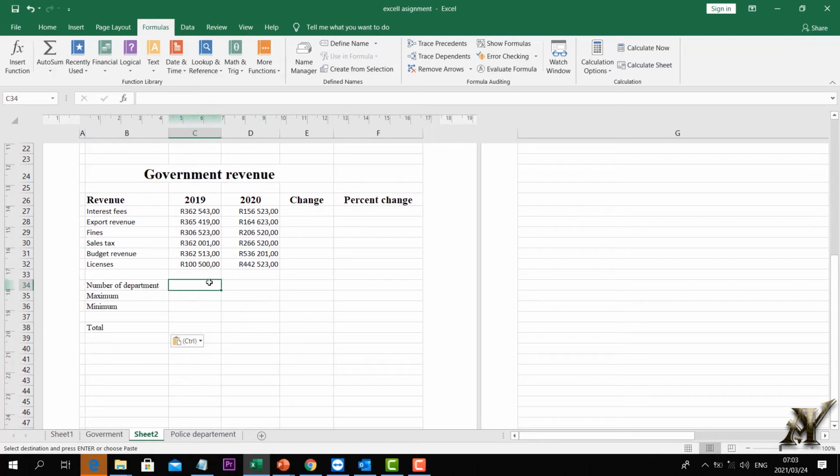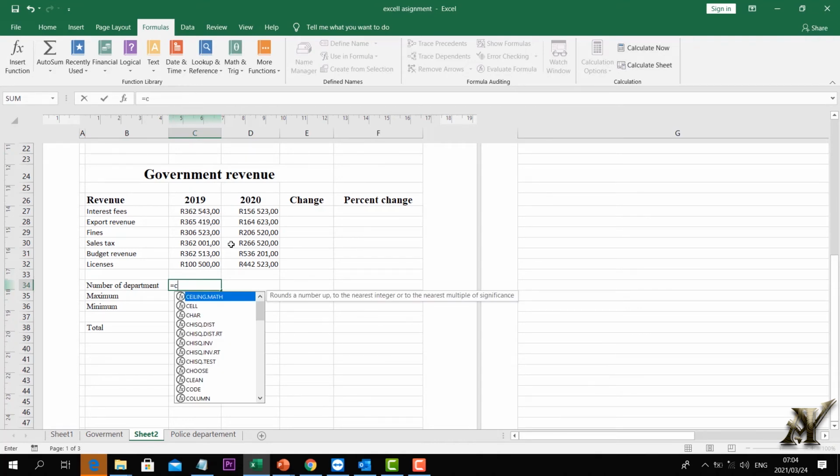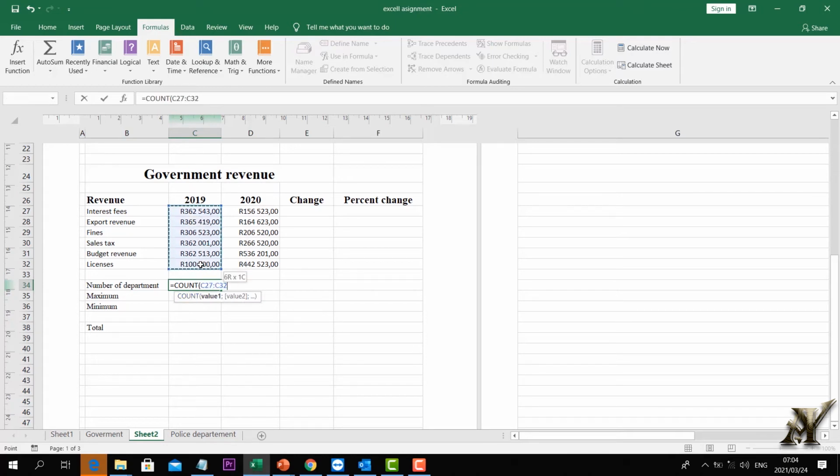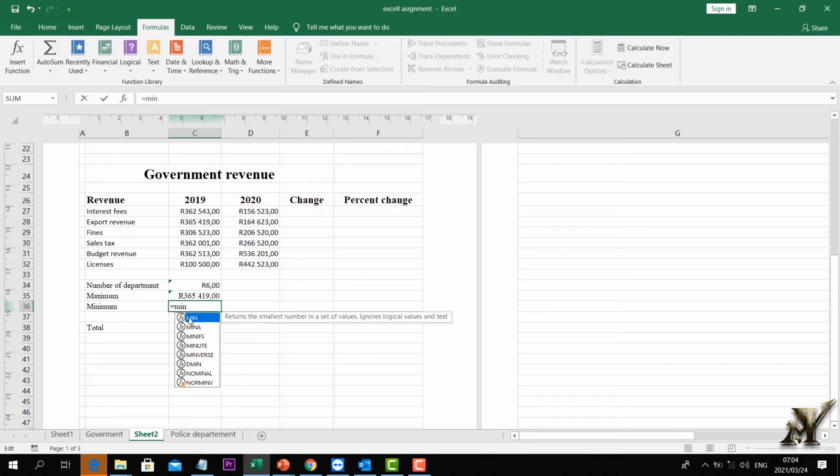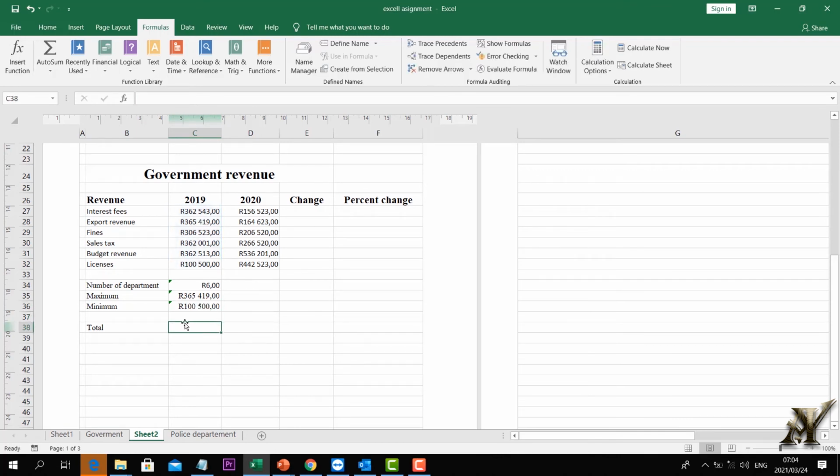So from here, I'm just going to do the same thing. We want the count of the department. I'm going to say equal count. I'm just going to use the easy one, drag, enter. The same thing, I'm going to come here, equal maximum, drag, enter. I'm going to come here again and say equal minimum, drag, enter. And I will come here, I'll say equal